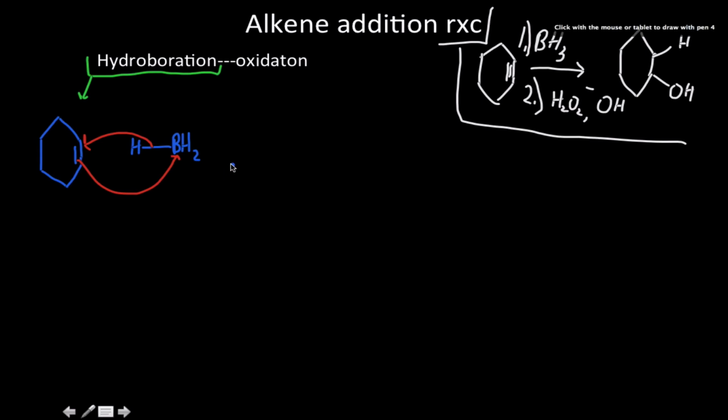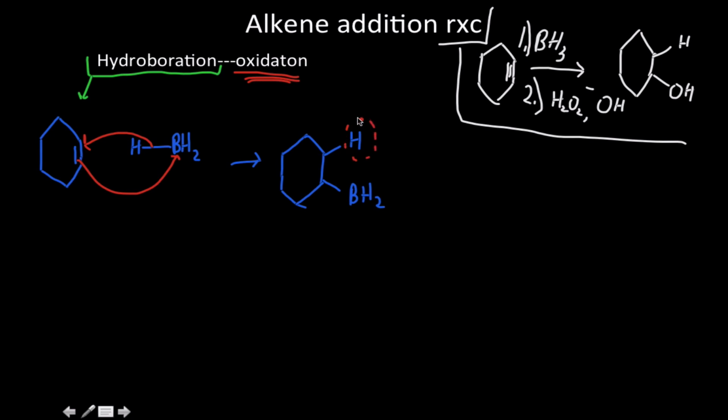So the next step in this reaction is we have this little structure drawn out there with the hydrogen there, and then a BH2. And then by some magical reaction, this is where the oxidation part comes in. It's really frustrating to me because the book doesn't say much of what happens, but we're just going to go ahead and draw the next step in this reaction right here. We have the H2O2 and then the OH minus. And your end product is going to be, and I'll draw it in blue,